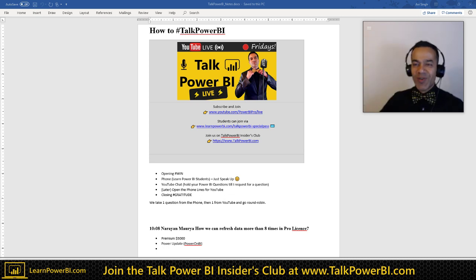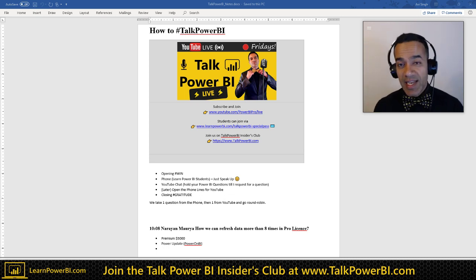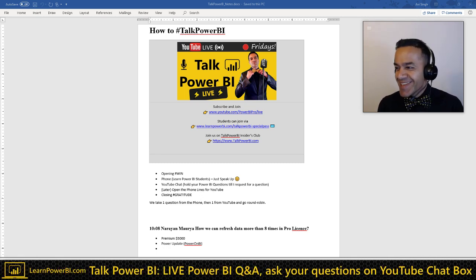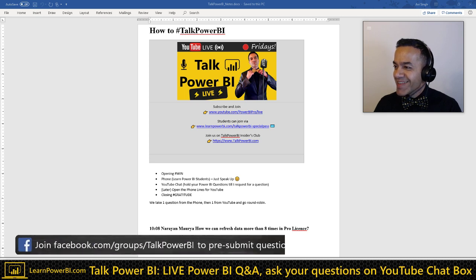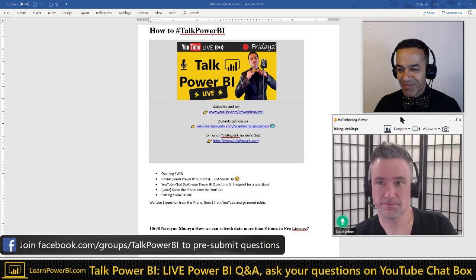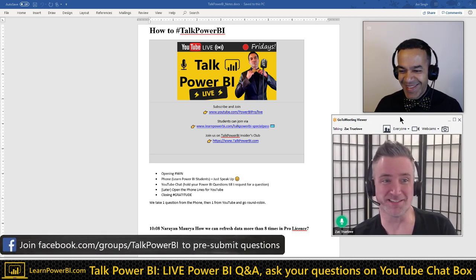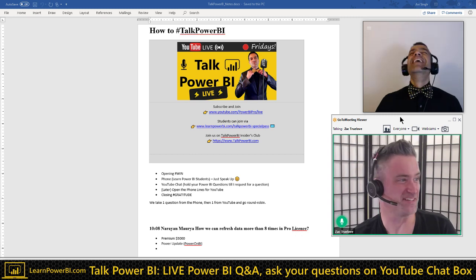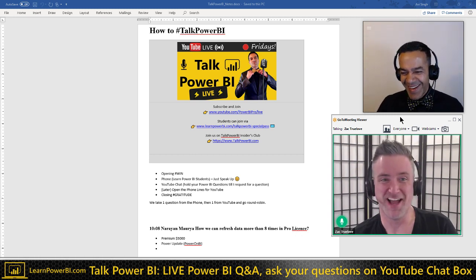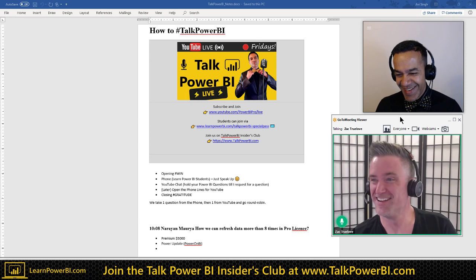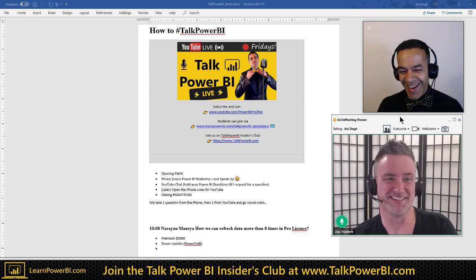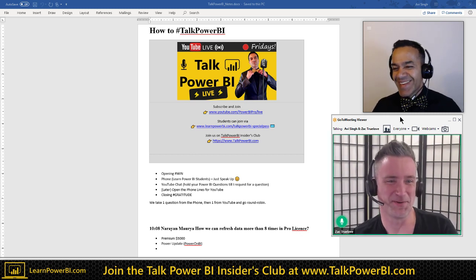My office is this corner in this bedroom, or as I like to call it, the Learn Power BI worldwide headquarters. But where are you at? I can see a really nice background in the back. Oh yeah, it's a cheap IKEA room separator as well. I'm in upstate New York. Thank God for IKEA, my friend. Oh gosh, that's great.